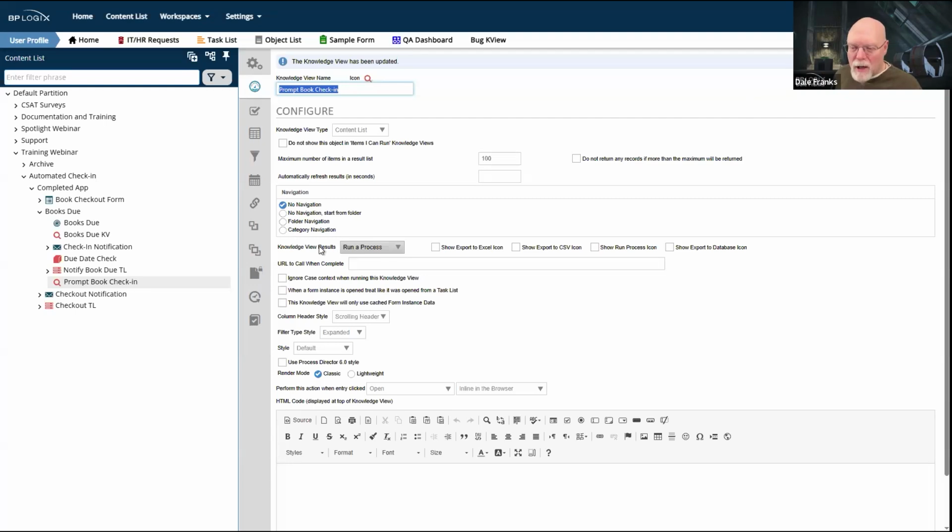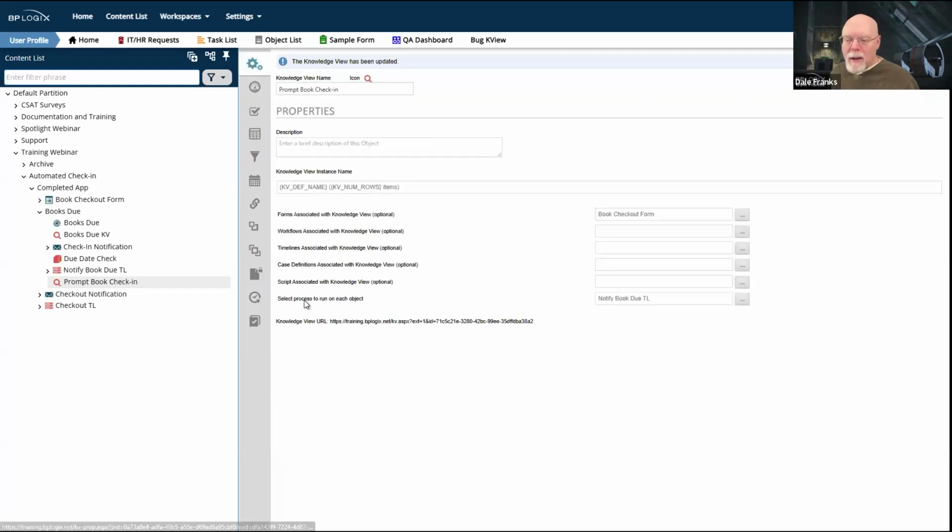You've got to set this knowledge view results and update immediately, because until you do that, the select process to run on each object property will not display on the properties page.